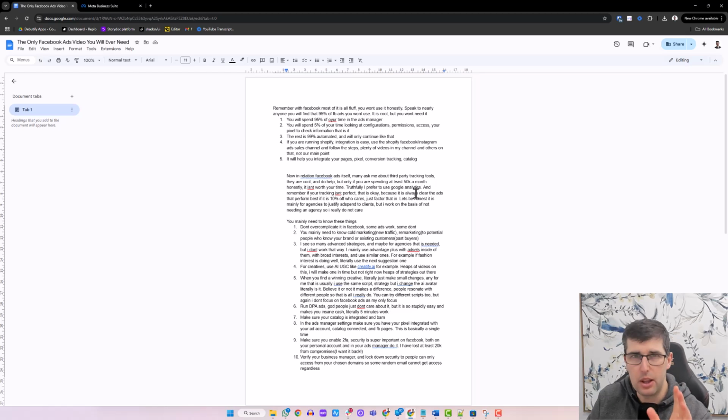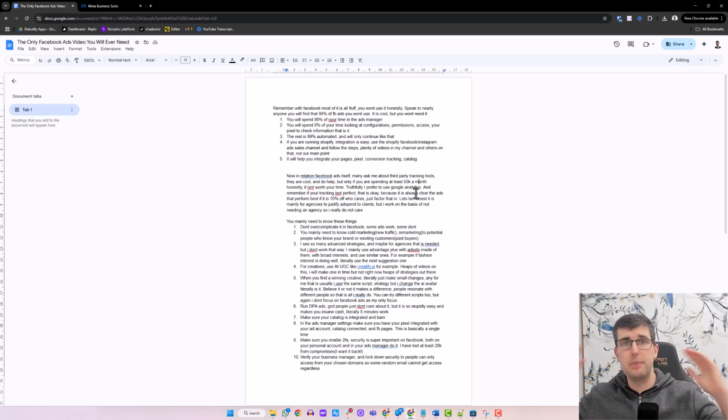One of the things I see as well is these third-party tools. There's Triple Whale, there's WeTrack. I've used them, and I'll be honest, they're a rip-off in my eyes, an absolute rip-off. Agencies and that, again, are incentivized to use them. That's why most people do, but you don't need to. I see so many people that uninstall these to try and get the perfect conversion tracking. You don't need to, you really, really don't.